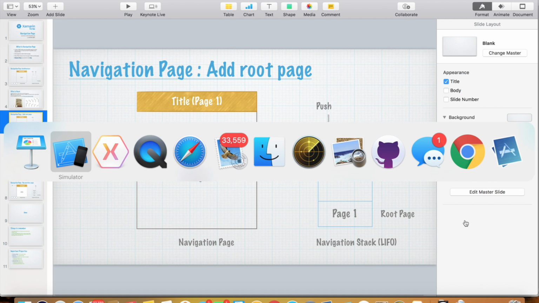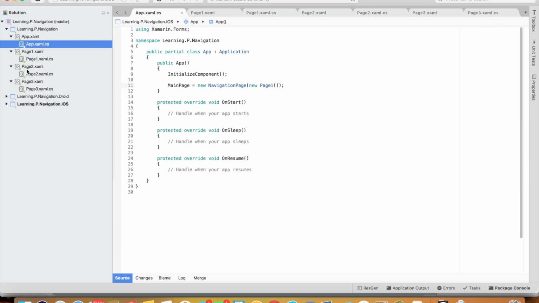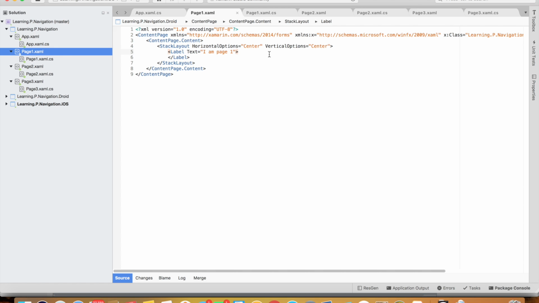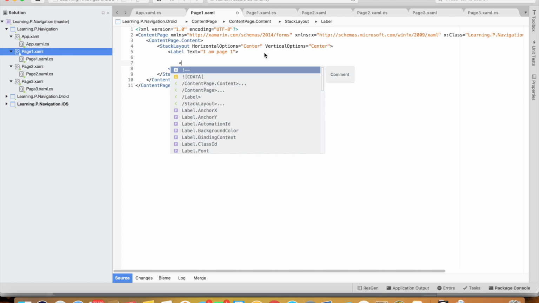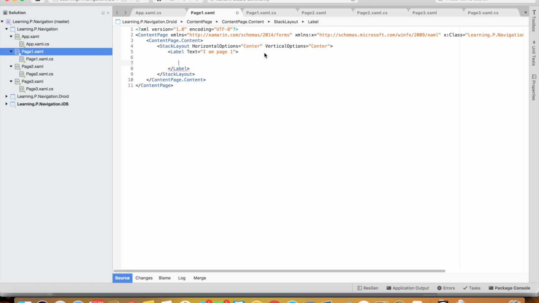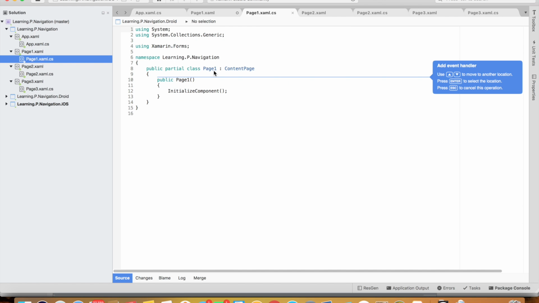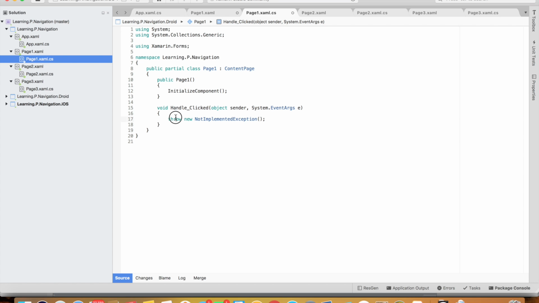If we come back to this, so far we are on this condition. Let's try to push something more, and let's push from page number 1. In page number 1, let's add a button. The text says, add page 2 to navigation stack, and then on the click functionality we can say: